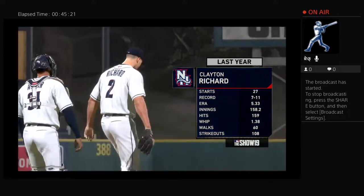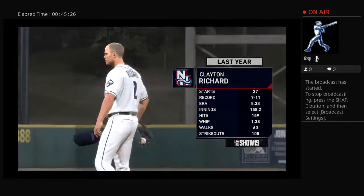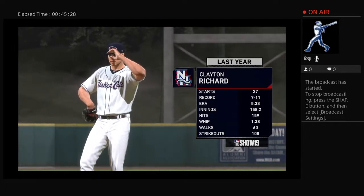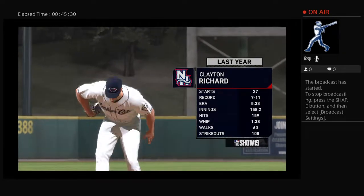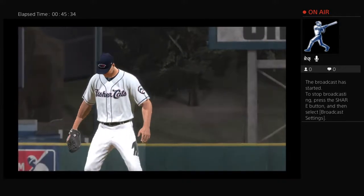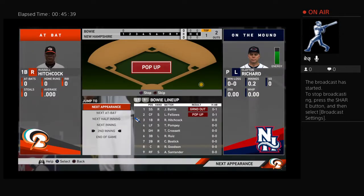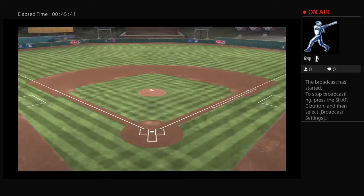Clayton Richard, a lefty from Indiana, is on the mound here. What's your take on him, Dan? Hey, lefty Clayton Richard, this guy's been around for a long time. Not an overpowering guy from the left side. At one time, he was in the low to mid-90s, but he consistently sits 92, 93, has the big overhand curveball, will mix in a straight changeup. The key to...